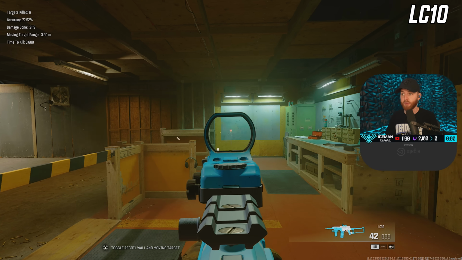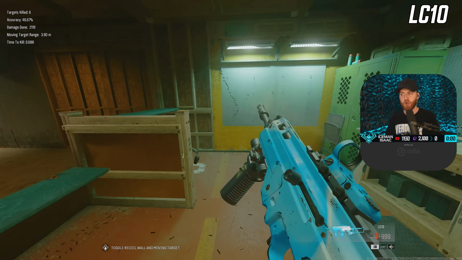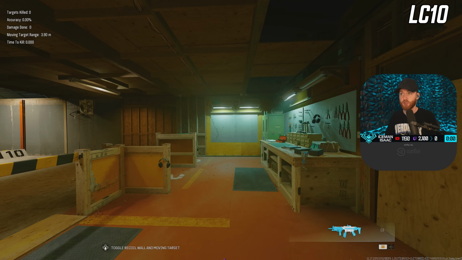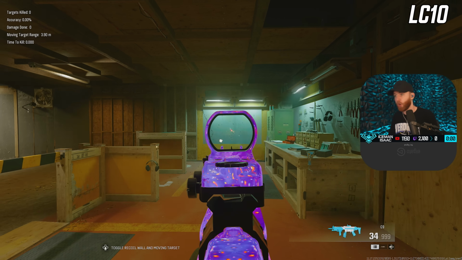Here's the recoil pattern for the LC10. You'll see there's like a small S curve, and then it goes up to be pretty consistent. Compare that to the C9, which was the previous meta. Hard left, hard right, hard left, hard...